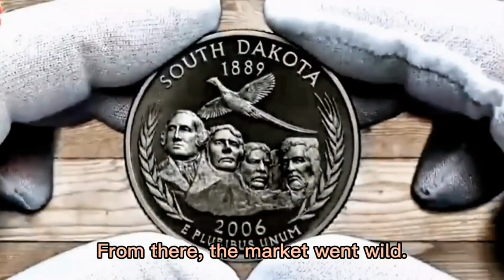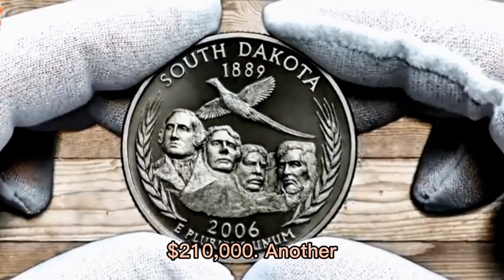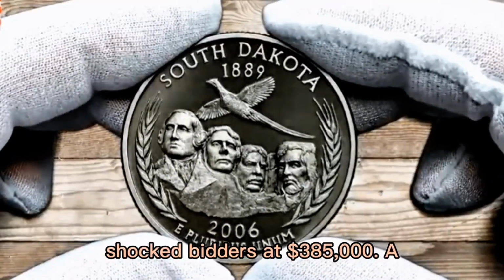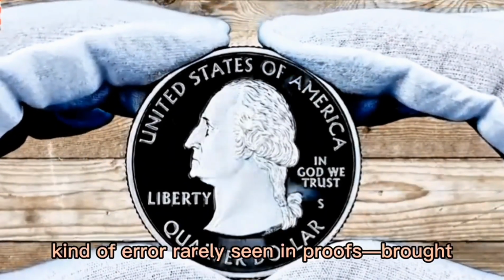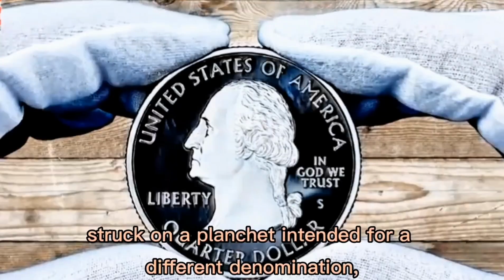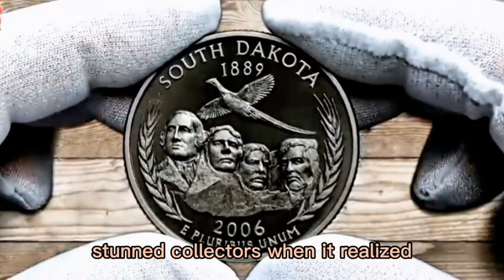From there, the market went wild. A flawless silver PR70 DCAM sold for $210,000. Another specimen with blazing mirrors shocked bidders at $385,000. A spectacular double-struck South Dakota proof, the kind of error rarely seen in proofs, brought $612,000. A transitional error struck on a planchet intended for a different denomination stunned collectors when it realized